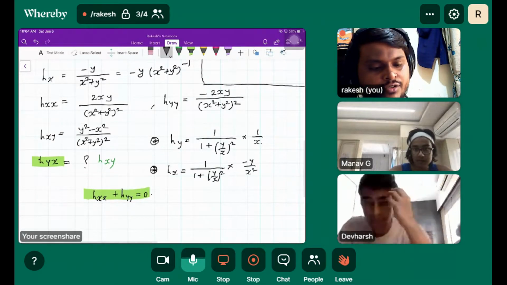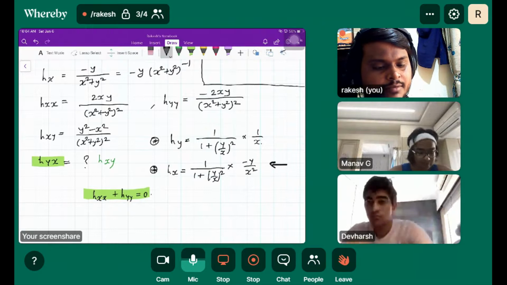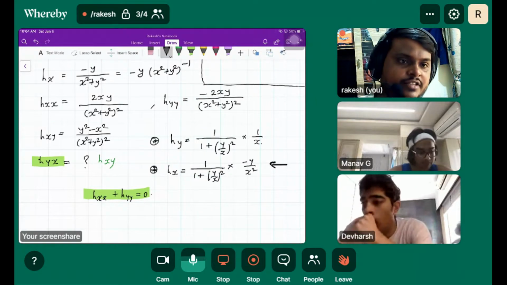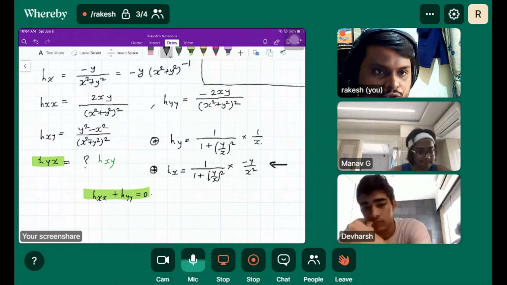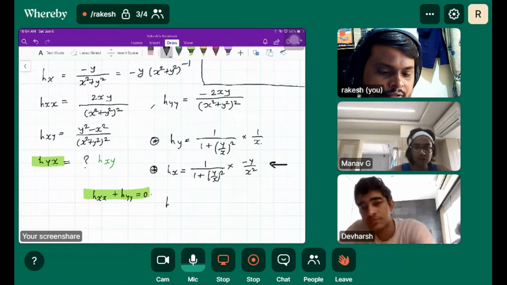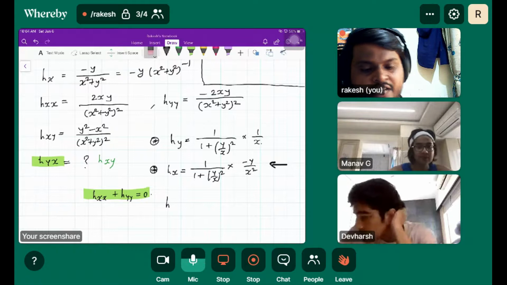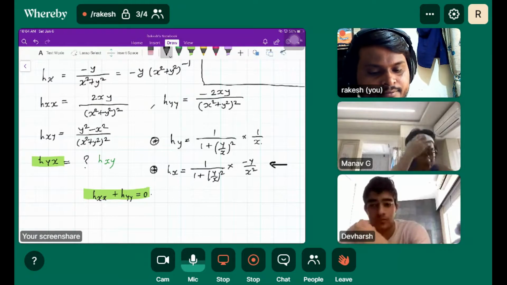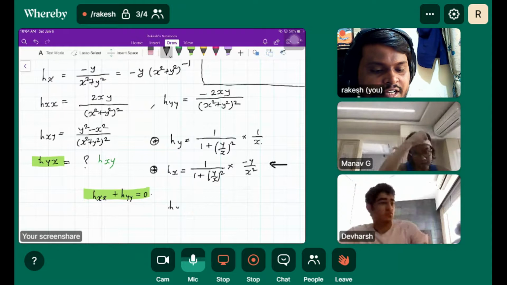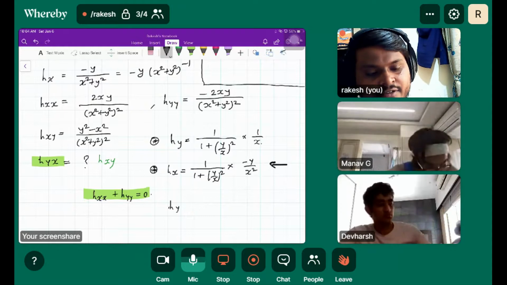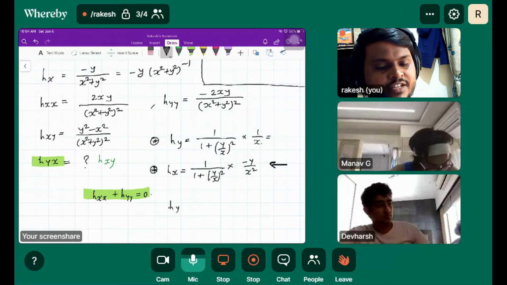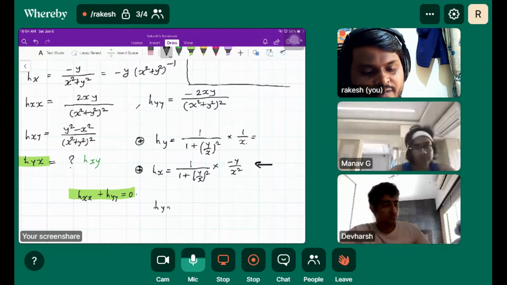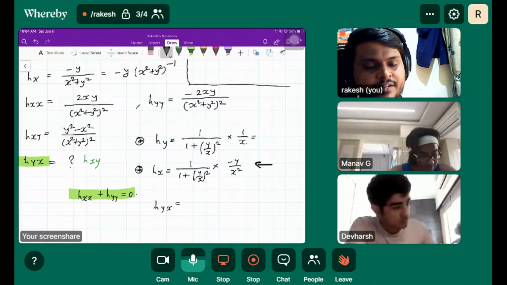You are saying this, taking the example of the above. Actually, you are saying differentiate with respect to x, and then now differentiate this with respect to y, right? No, even for h_y, let's take h_y only. h_y is basically what we have to do here. y was the variable before. Now we'll take x as the variable. We are going to differentiate that with respect to x. So now x is variable, right?